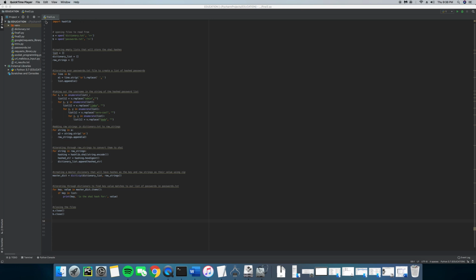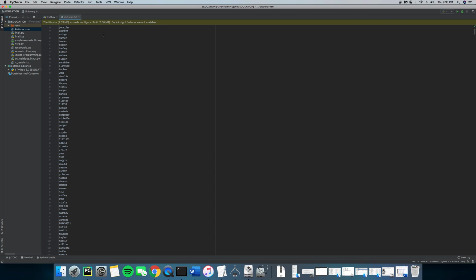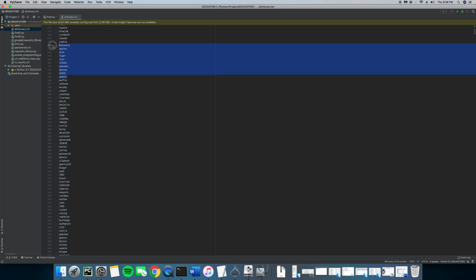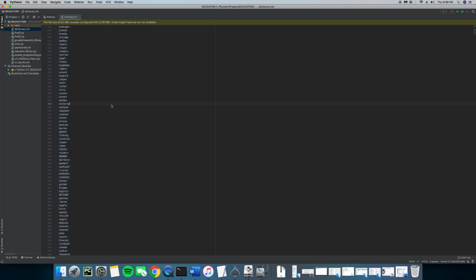So essentially what he wants us to do is we have this dictionary, which is going to be a very long list, I think it's either 9,999 or 99,000, I'm not sure. A lot of different passwords. This is a dictionary of potential passwords in plain text. So what he wants us to do is take all of these plain text passwords and try and see if they are in the